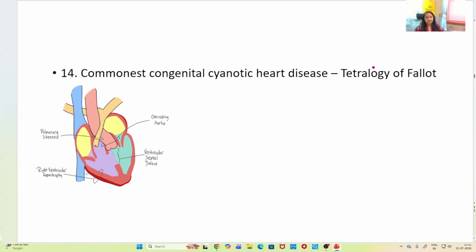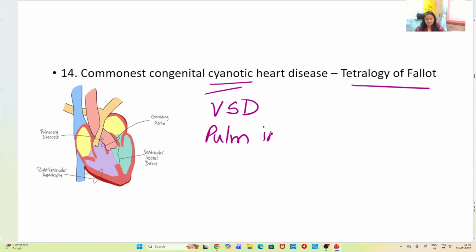Commonest congenital cyanotic heart disease. Cyanotic, remember this, read the question carefully always. So cyanotic heart disease, the commonest one is tetralogy of Fallot. Now why it is tetralogy, we all know this. There is a ventricular septal defect. There is pulmonary infundibular stenosis. This aorta is directly lying over this VSD, so there is